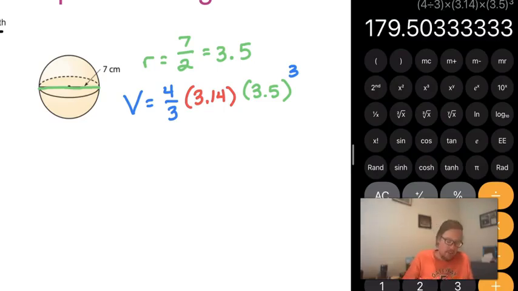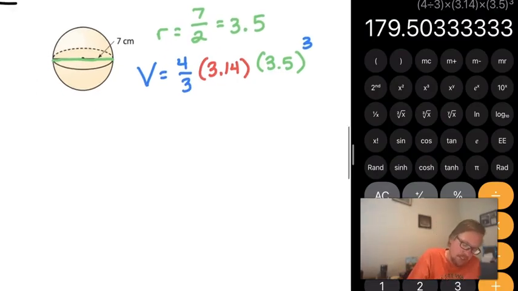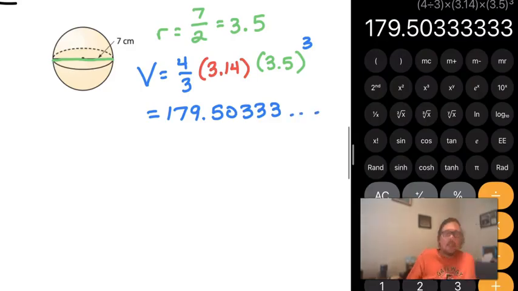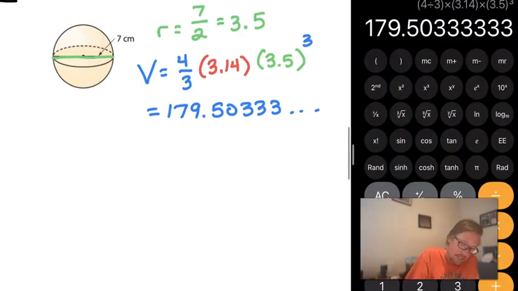Our answer is, oh my gosh. Now that is an answer only a mother could love. 5, 0, and then a whole bunch of threes. Luckily, we're not going to have to deal with all that because it says round to the nearest tenth. And luckily, rounding 0.50 is pretty easy. It's going to be 179.5 cubic centimeters. Oh, whoops. I forgot to do my